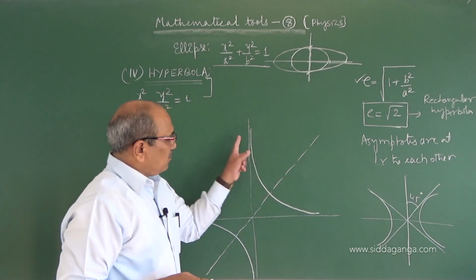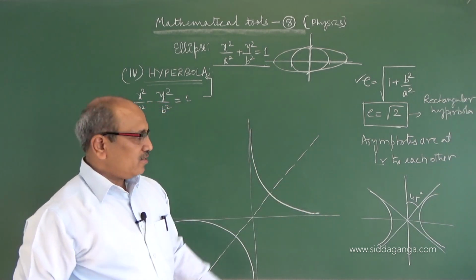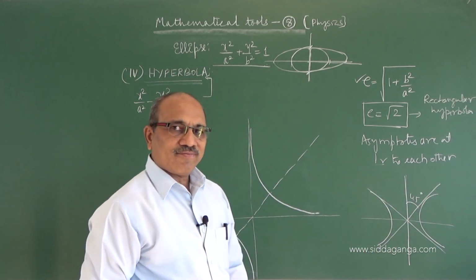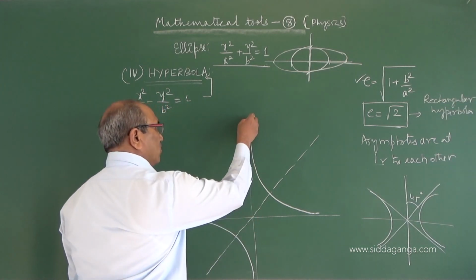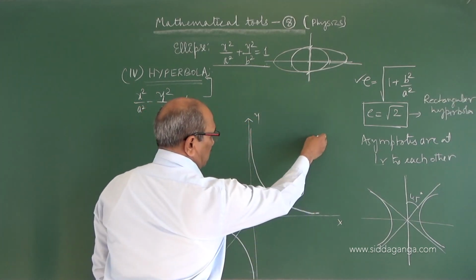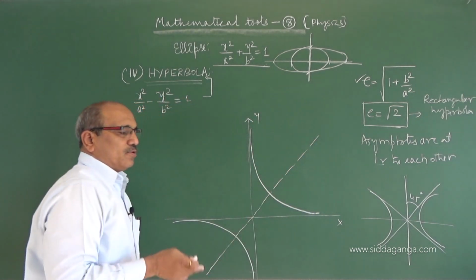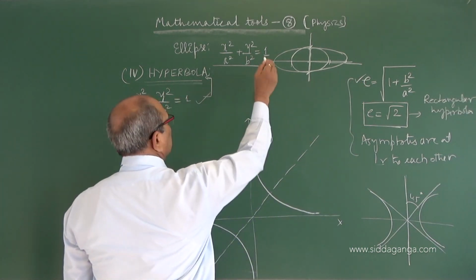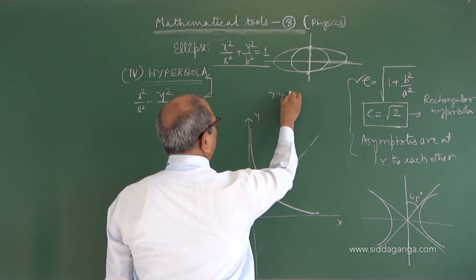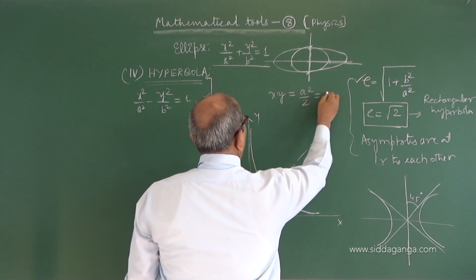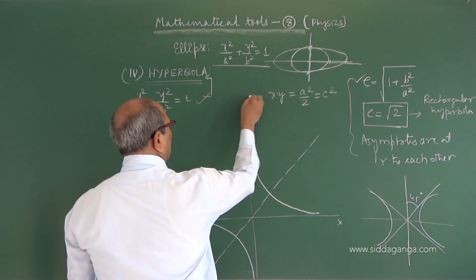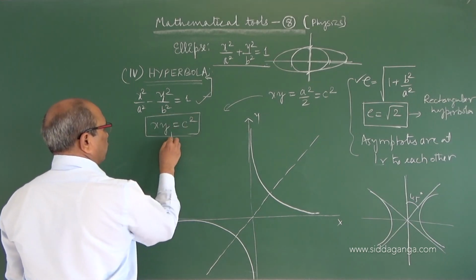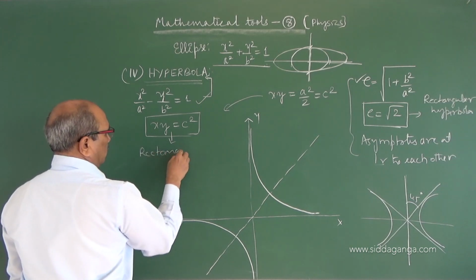Really to speak, what these become is, coordinates are nothing but asymptotes. See, turned by 45 degrees, the y-axis is one asymptote, and the x-axis is another asymptote. They are already 90 degrees, you know that, but I am taking it as the y-axis. Now this quantity, if you take, varies up to infinity. Under these conditions, applying this, I can write one equation, xy is equal to a square by 2, which may be called c square. Here onwards, I am taking this condition, xy equal to c square, as the expression for a rectangular hyperbola.